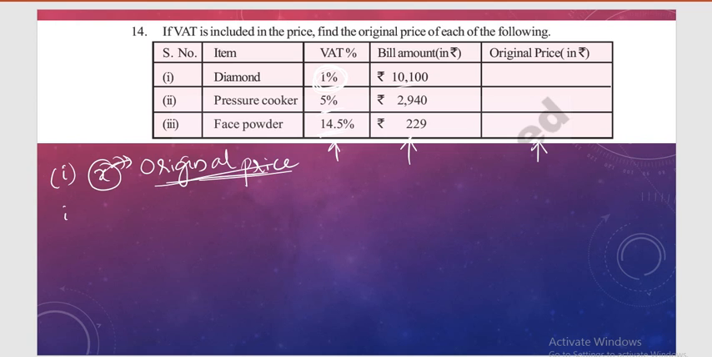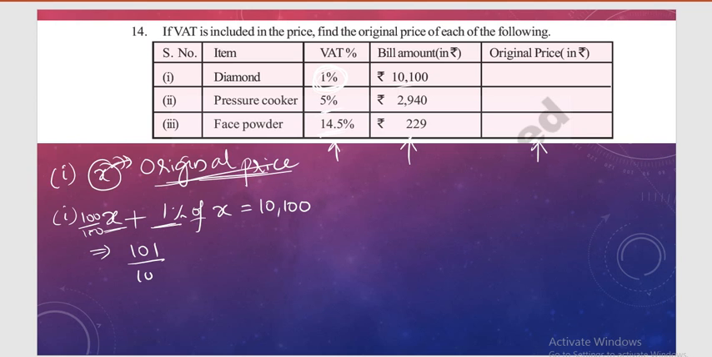Now for the first question, what is the actual price? X rupees is the actual price, and 1% of VAT is included. So 1% of X is equal to how much he has given, 10100. Here I can directly write 1% as 1 by 100, and X as 100 by 100. So this becomes 101 by 100 into X is equal to